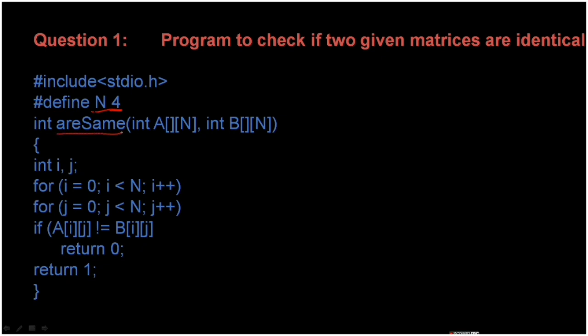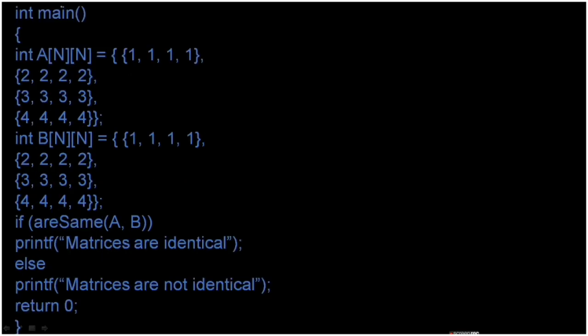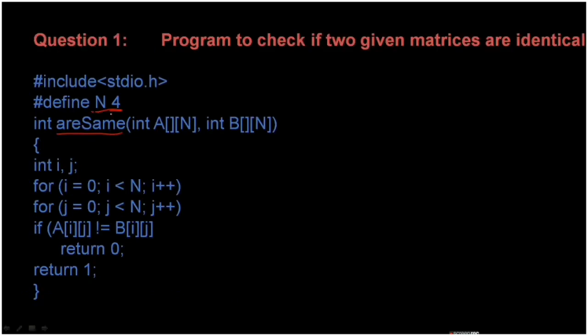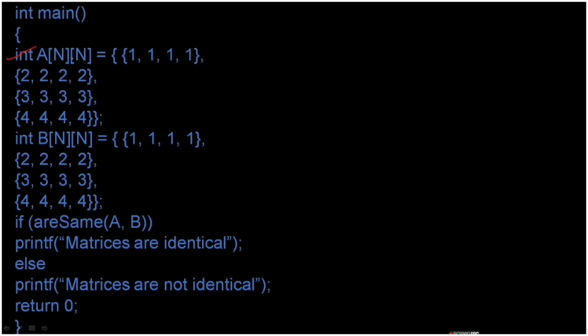So before that, we will have the main function because the execution will start from the main. So int main, open this one. We have the first array. This one is the first matrix. So integer a of n comma n, the row of size n, that is we have already defined it here, n to be 4. So row is 4 and column is 4. That is the first matrix whose name is A.